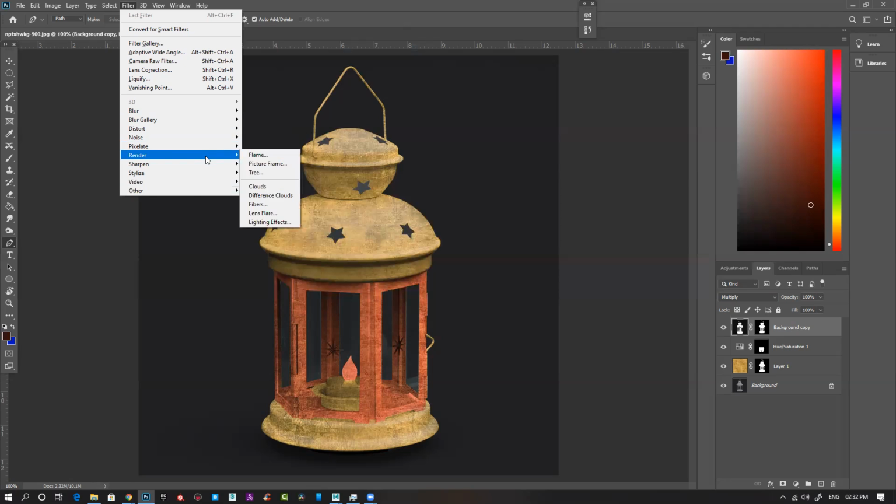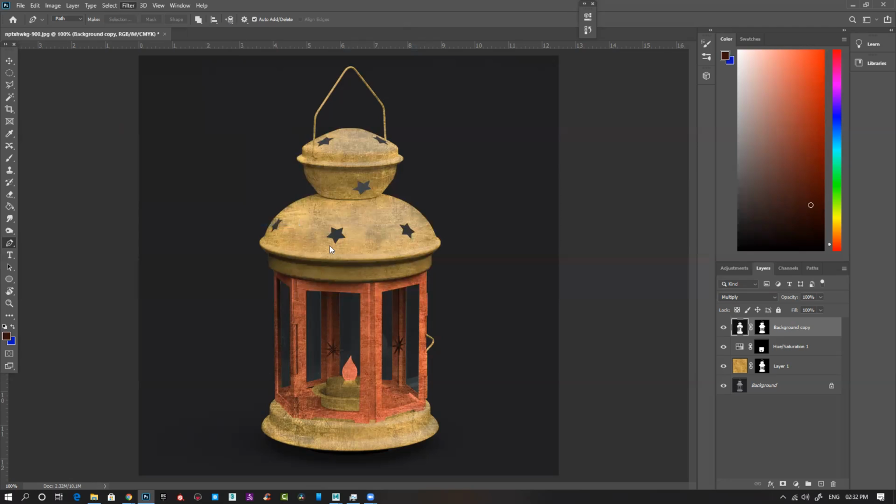No, that option is not there. Oh, lighting effect, I found it. Under render, there's an option called lighting effect. You can click this